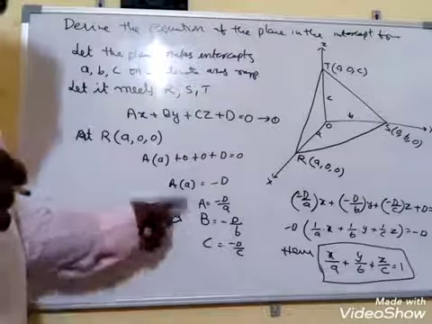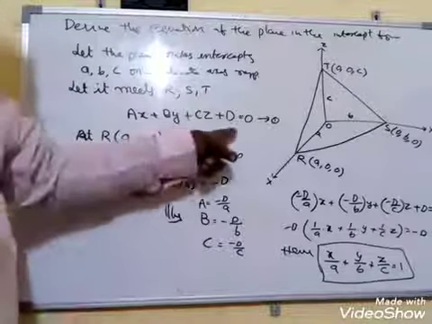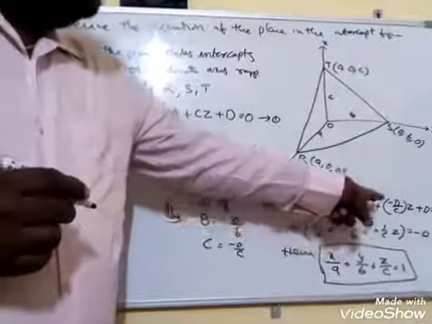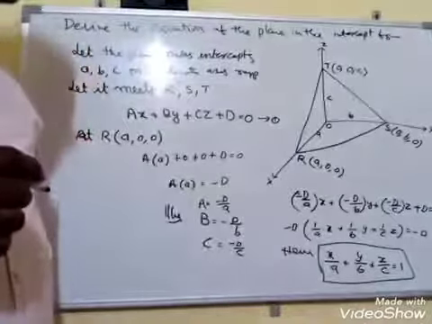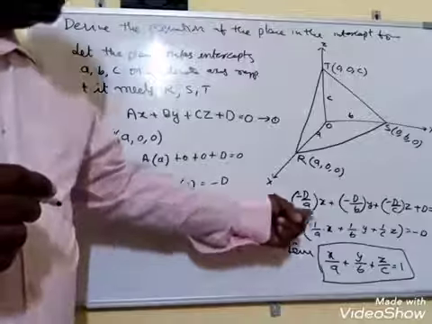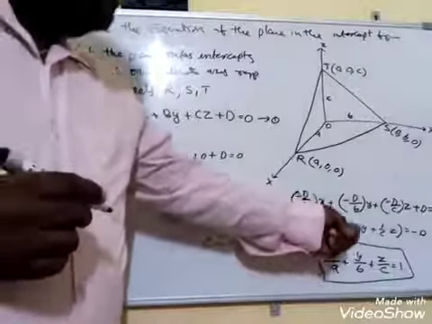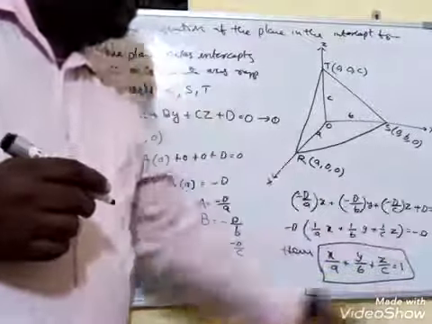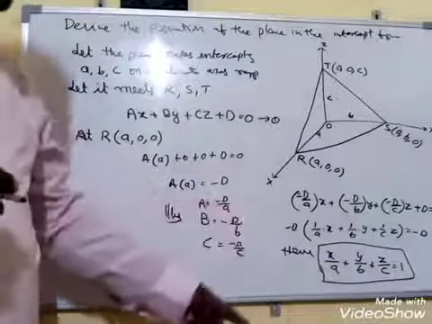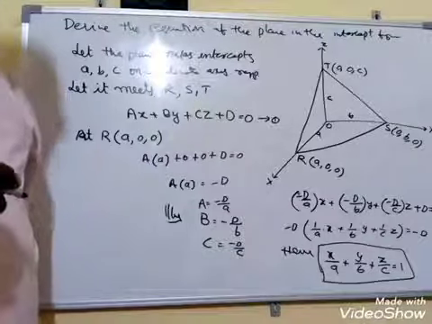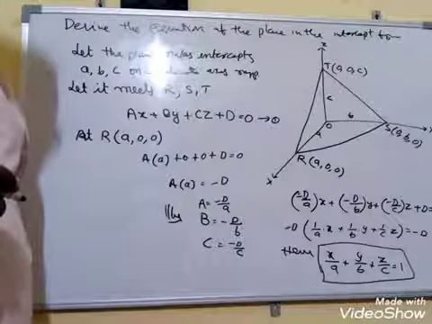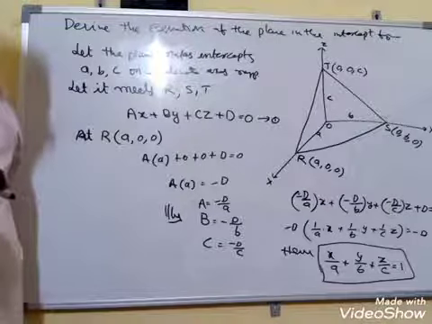Now if you substitute these a, b, c values in equation 1, we get (-d/a) into x plus (-d/b) into y plus (-d/c) into z plus d is equal to 0. Further, you can take -d from the first three terms: -d into (x/a + y/b + z/c), and plus d taken outside becomes -d. Now -d gets cancelled. We got the equation of the plane in the intercept form, that is x/a + y/b + z/c = 1.